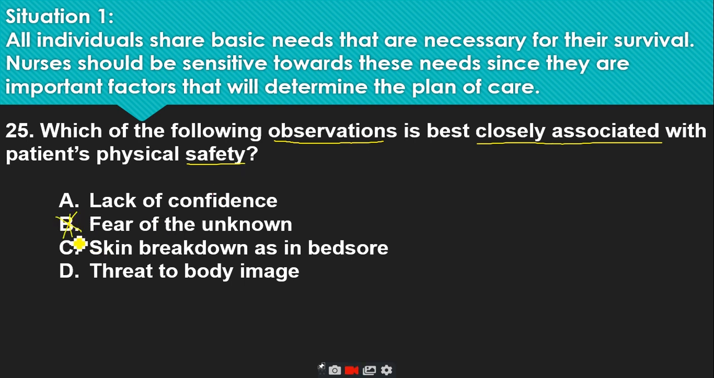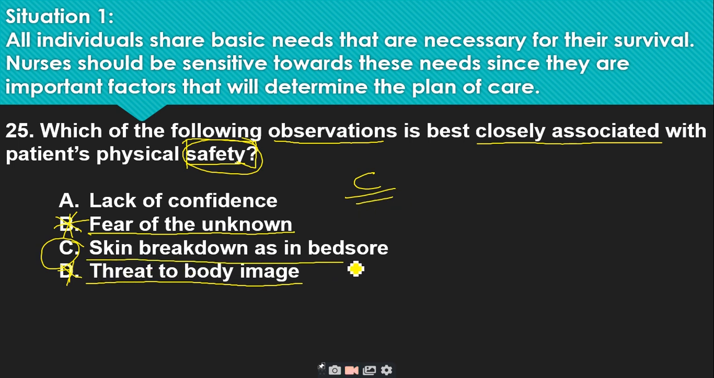Take note, letter B, fear of the unknown is non-existing, so therefore it will not be an issue of safety of the patient. And then letter D, threat to body image. Threat means it's not yet existing, so that's going to be futuristic, or it's yet to happen. So eliminate letter B and letter D. We're left with two choices, A and C. Again, let's read the question for the second time. Which of the following observations is best closely associated with patients' physical safety? Take into consideration safety issues. So the best answer for number 25 is letter C, and that's going to be a skin breakdown as in bed